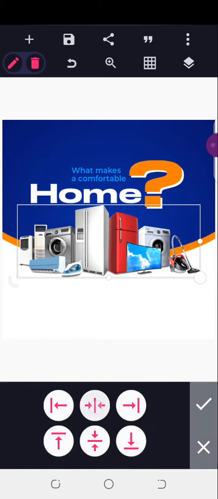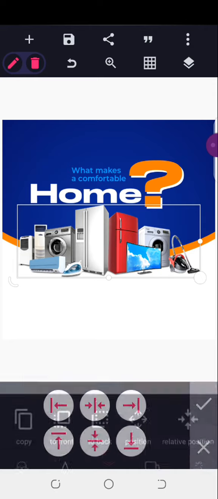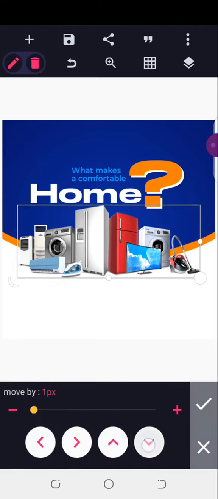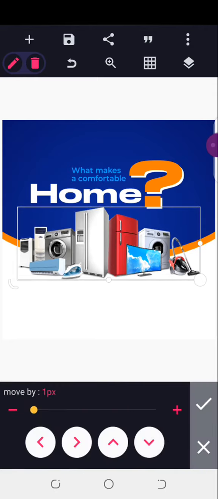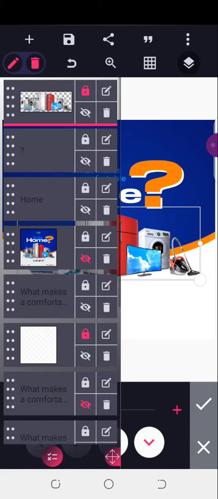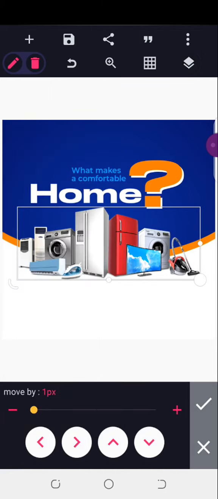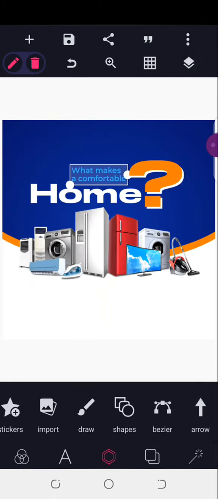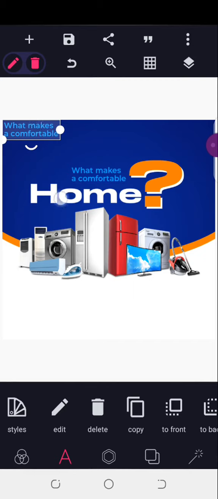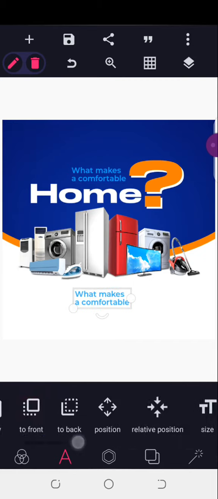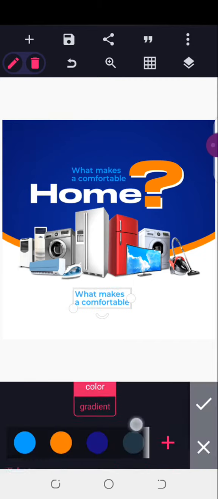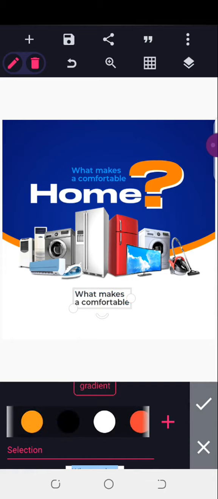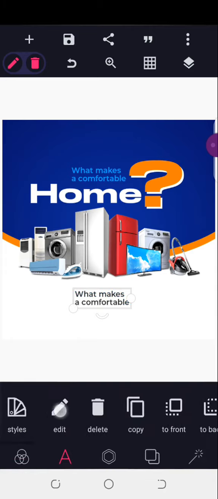Okay, I'll just leave it this way, then I'll move it down, then I'll lock this. Right, so we're done. So I'll just come here and copy this. There's still one particular element I've not added to the background, so I'll just come here, edit this